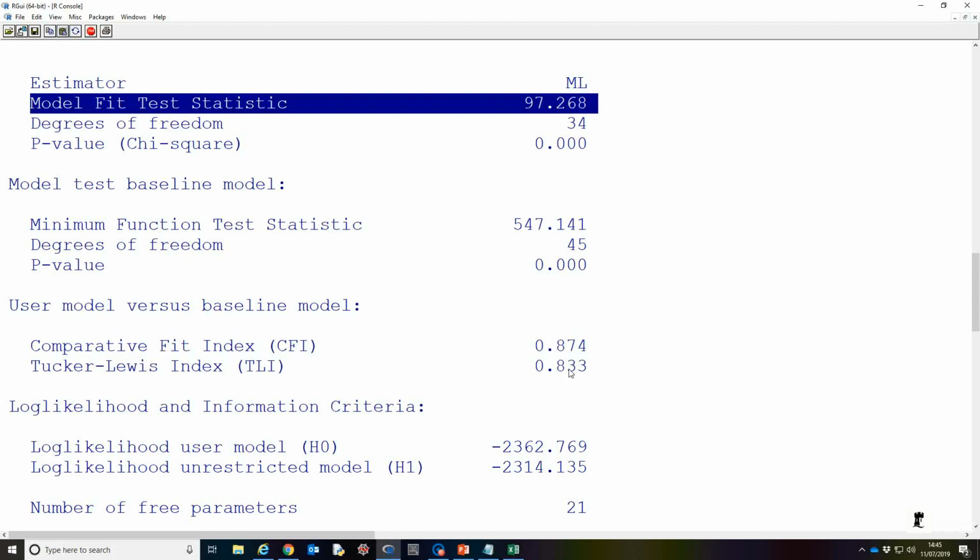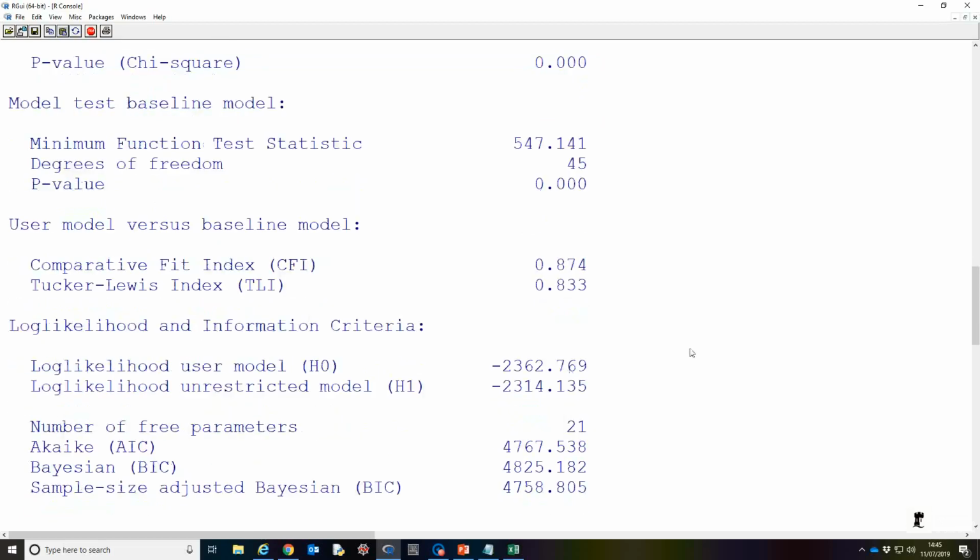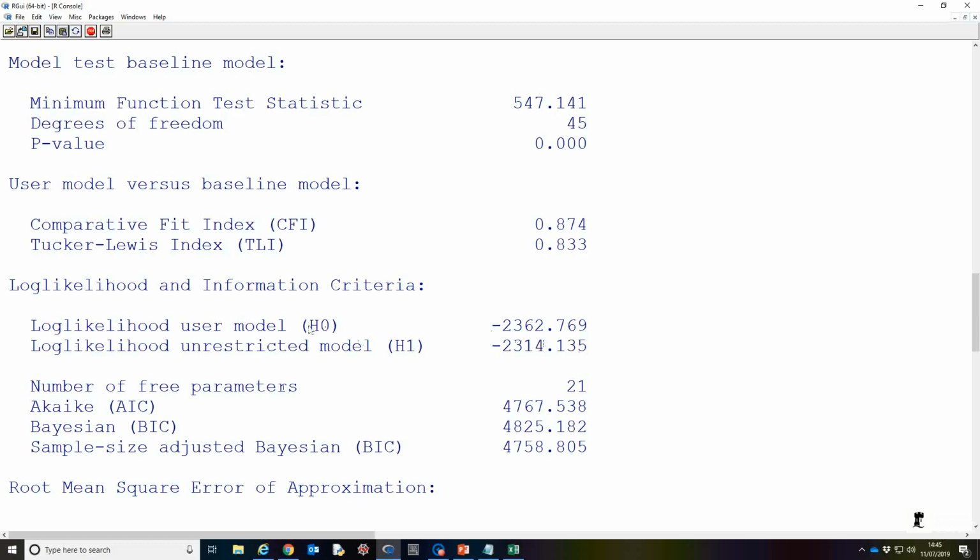So we're moving along the fit indices. Now here you get a range of fit indices that unfortunately they don't really say a lot about your model. You get the log likelihood. This is our user model, and you get the log likelihood